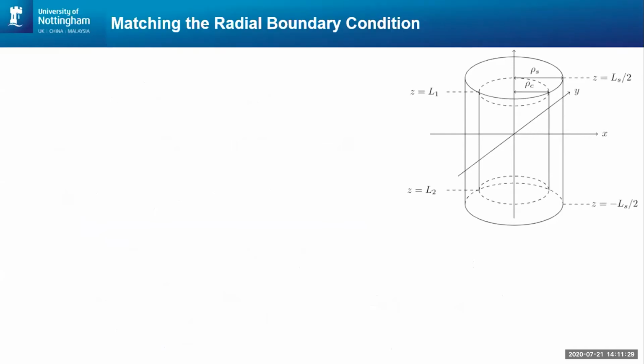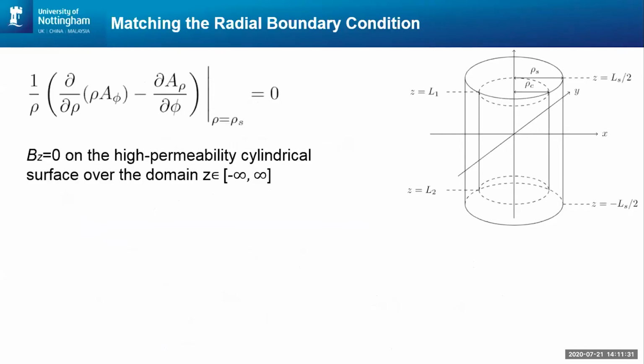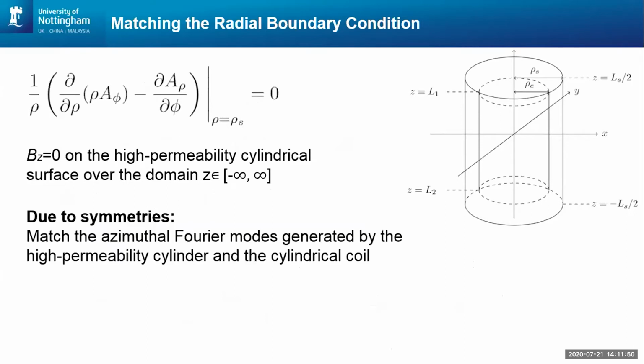So to match the cylindrical condition, we require that the axial magnetic field be zero along the cylindrical surface of the boundary. And it's not just along the boundary between minus Ls over 2 and Ls over 2, it's over z is plus and minus infinity. And what that's going to allow us to do is match the azimuthal Fourier modes generated by the response of the high permeability material and by the modes generated by a